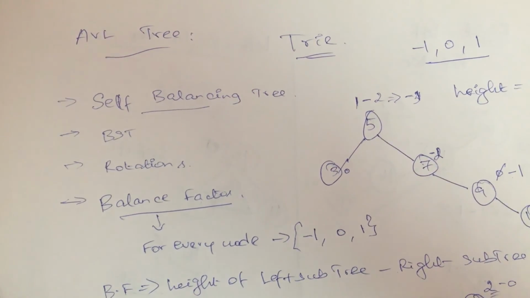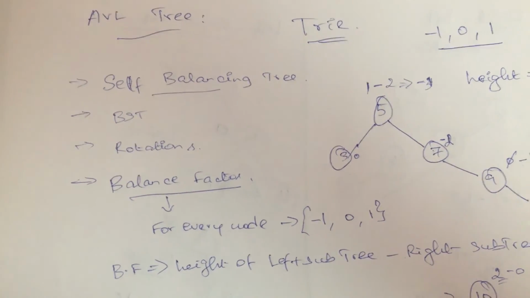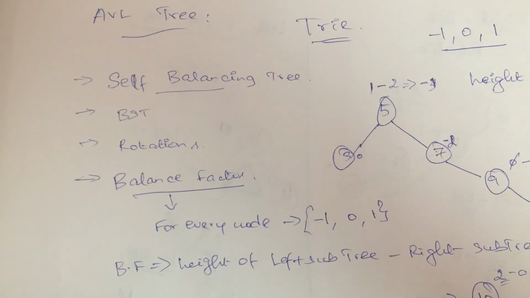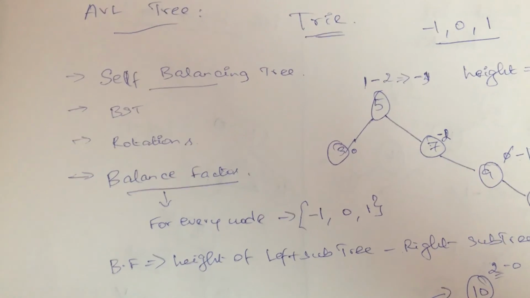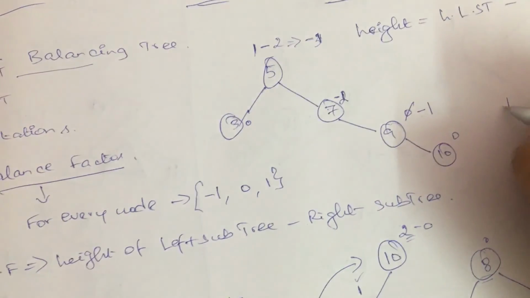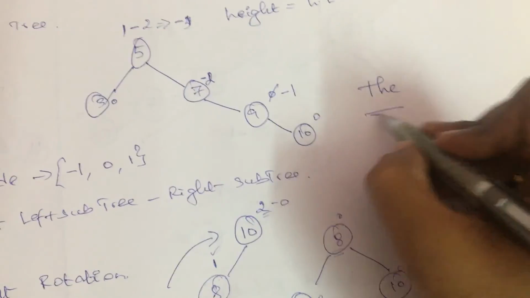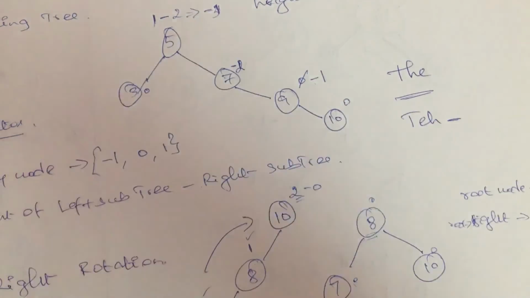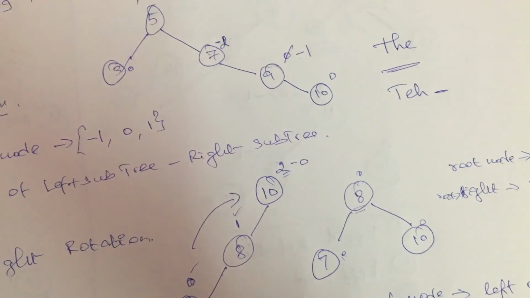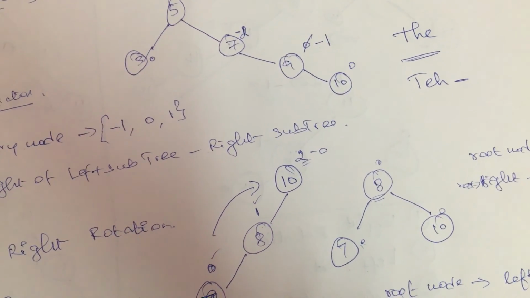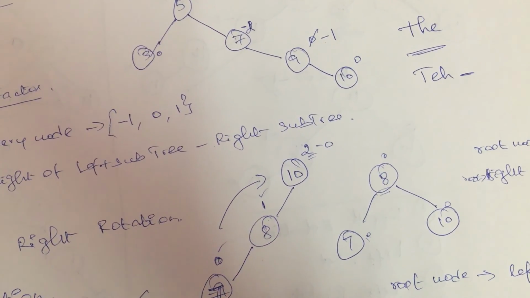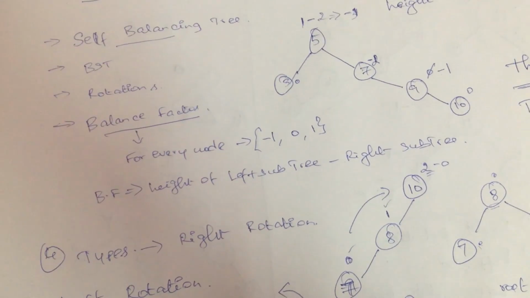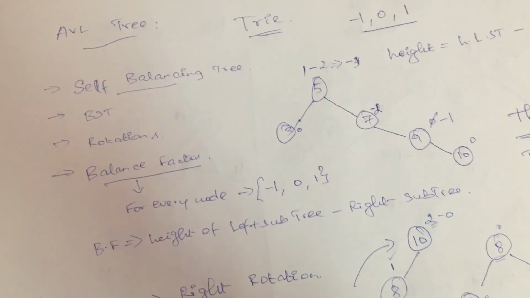For example, if you type the spelling of good morning as GUD, sometimes it can be automatically corrected to GOOD, or else if I type the spelling of THE as TEH and press space, automatically in my Microsoft Word it will be corrected to THE. So the thing is, it is actually enabled with something called automatic spelling correction, where those spelling corrections are implemented by using this AVL tree.